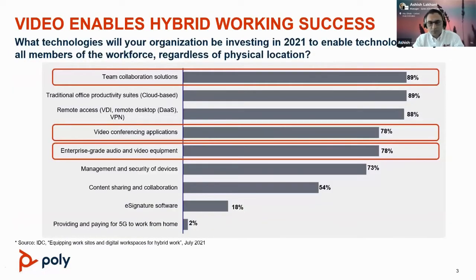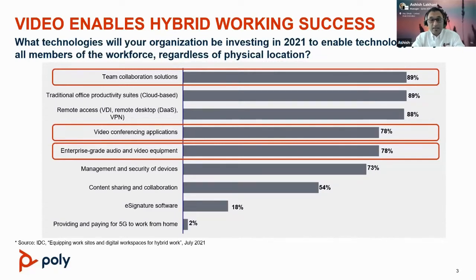So this is the question which was asked to top companies by IDC: what technologies will your organization be investing in 2021? Now, I don't relate this only to 2021, but we are just at the verge of the closure of the year and we are stepping into 2022. Trust me, nothing is going to change. We are so used to working remotely. We are so used to these communication platforms that we cannot have our lives going back to